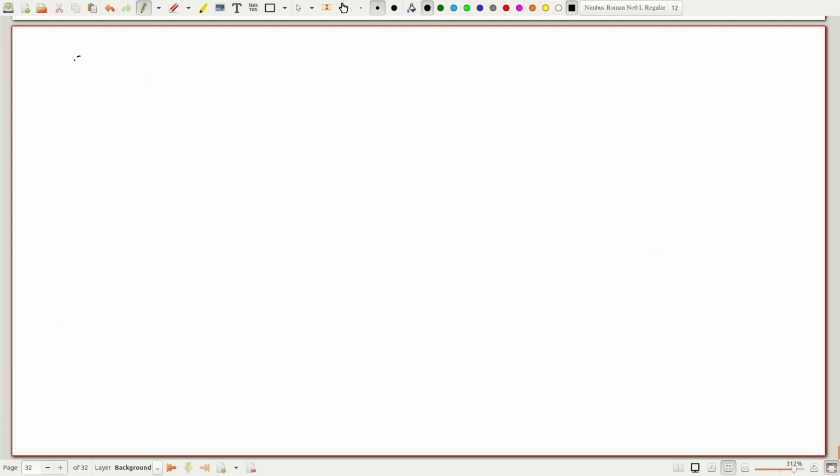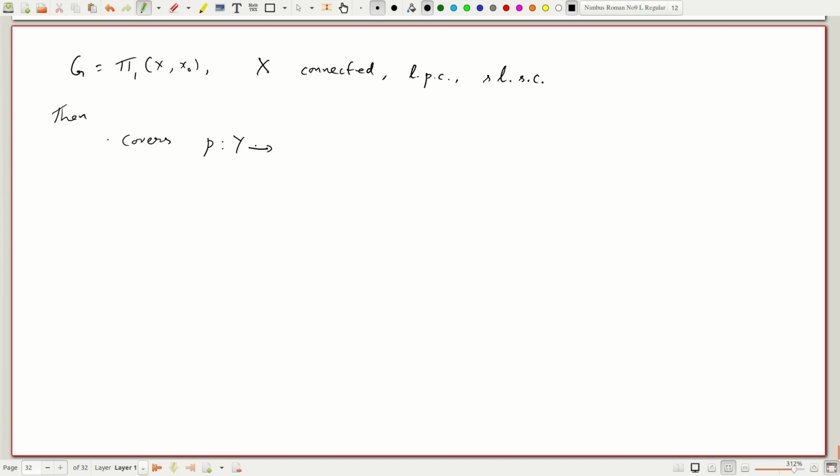So the Galois theory for covers will say that if I have G equal to pi1 of X, x0, and we take X connected, locally path connected, and semi-locally simply connected, then covers p from Y to X. So let's not talk about covers first, let's talk about based covers first. So then based covers